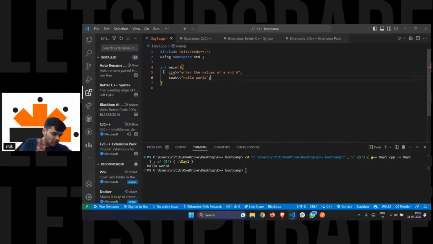Why are we not using iostream? Vedant, we can also go for iostream, but it only contains some limited STL. So I prefer using this bits file, because it also contains the iostream header file as it is. It is a broader file that contains all the header files that we have in C++.